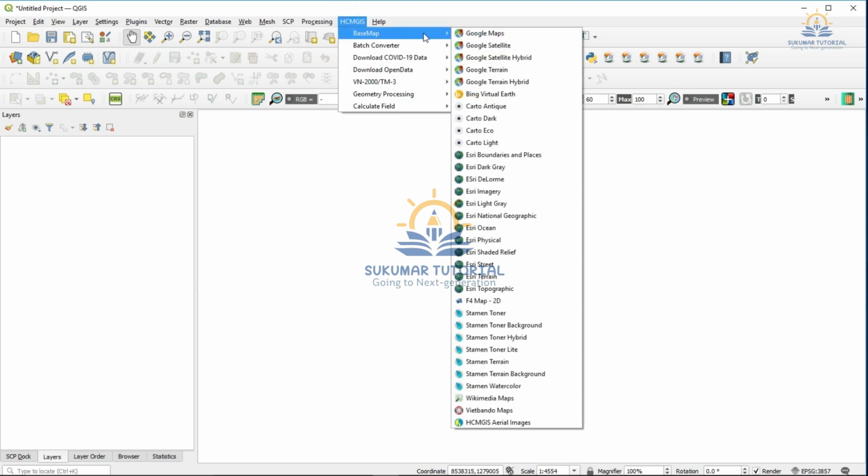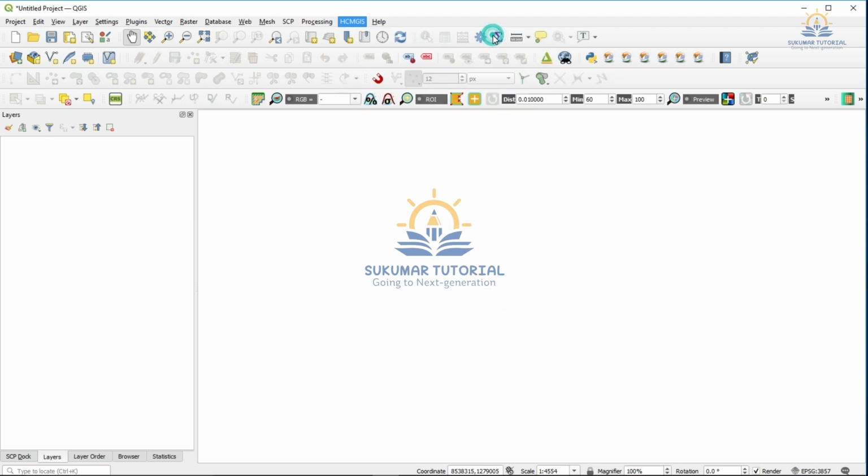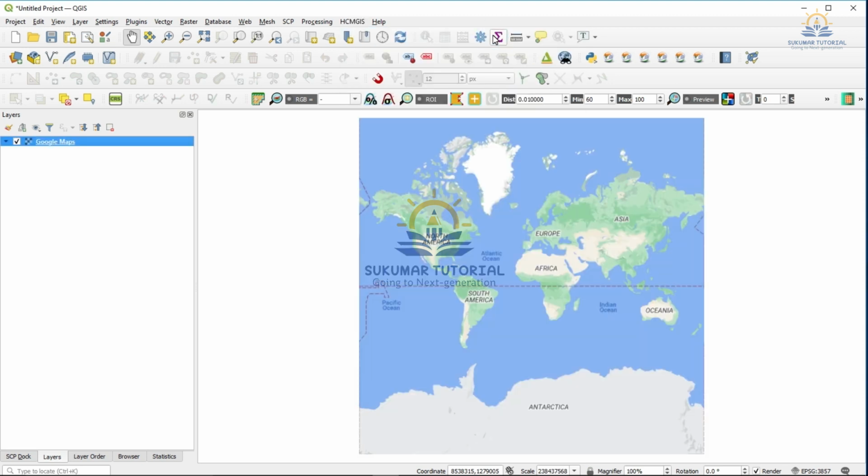Click that, the base map, you click it. So in the base map you got a collection of maps like Google Maps, Google Satellite Hybrid, and then Google Terrain, and then Esri map, and so many collections are there. All these maps you can bring as a base map, and then you can start digitizing. Say for example, now I am going to use Google Map.